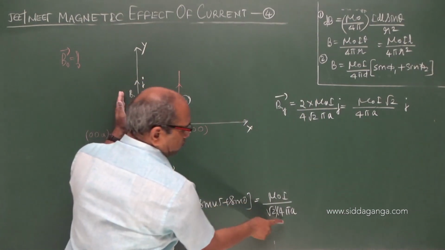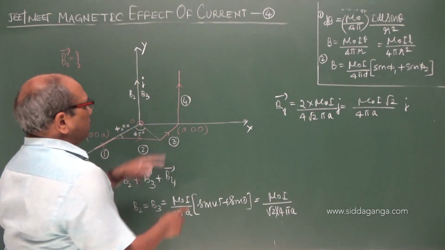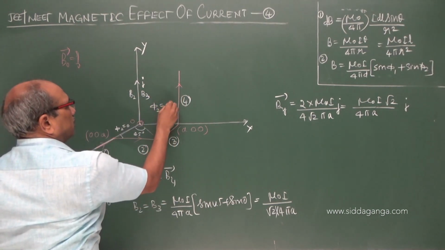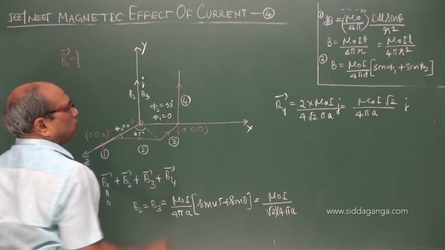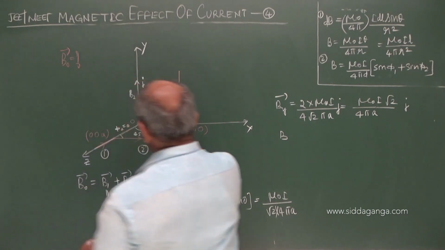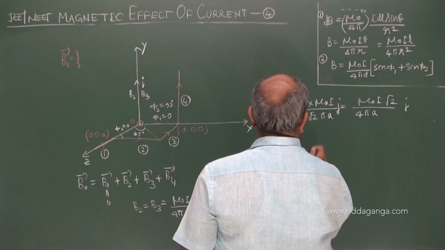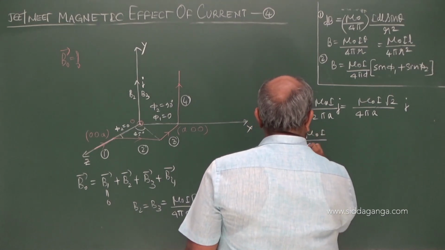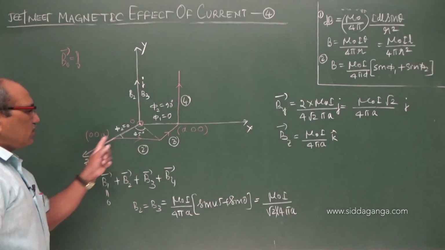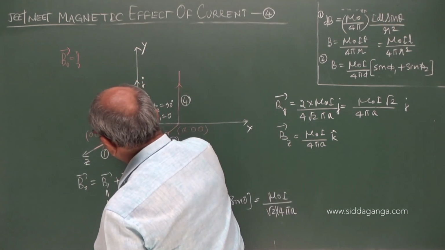In the J direction, it is mu naught I root 2 by 2 pi; I multiplied by 2, therefore it becomes root 2. Similarly, if we consider here, this is the end, an infinitely long wire, phi 2 is 90, phi 1 is 0. Therefore I can write, this again gives you the direction of K. So I can write Bz equal to mu naught I by 4 pi A along the K direction. So these two give the Bz equation.